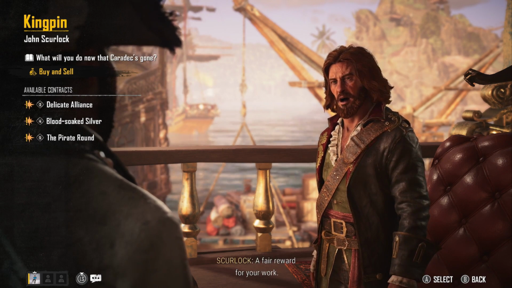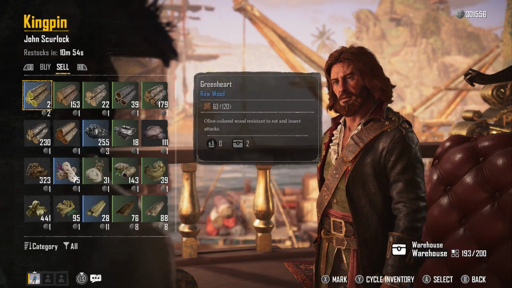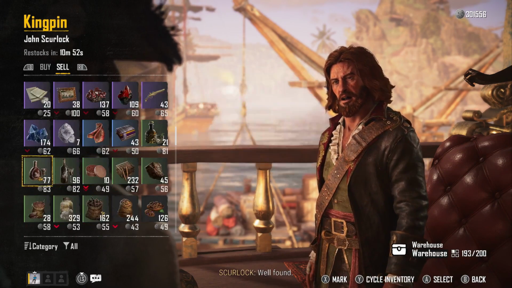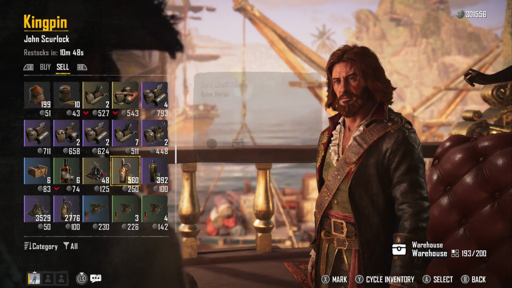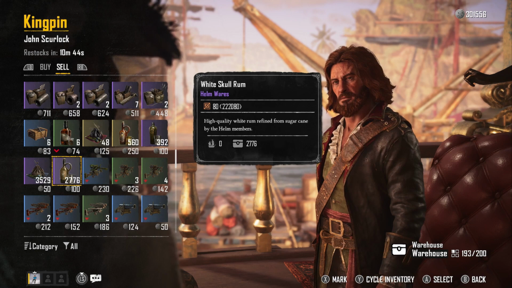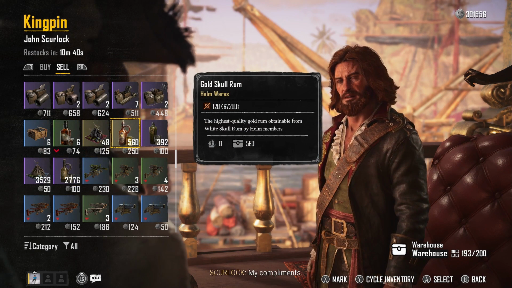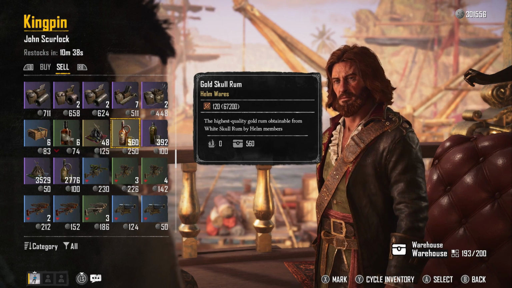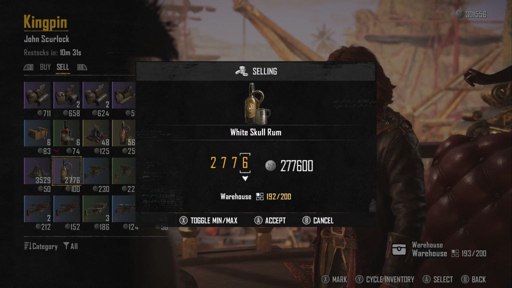You can do the same over at T-Lock Penjara. If we go into the buy and sell tab, we go to sell. If we cycle the inventory, because that's now a thing thanks to update 1.3, and we go down to our helm wares, you are going to see that the White Skull Rum we can sell for 100 each. You could get 250 for the Gold Skull Rums, you're making an extra 50 silver each one, but that's more time spent on producing. So if I was to sell the 2,776 I've got, that is